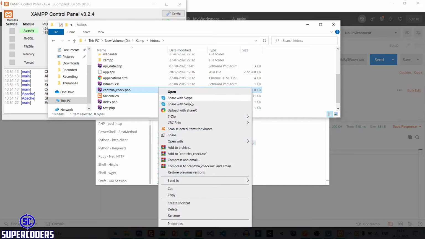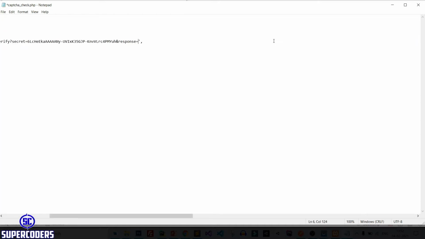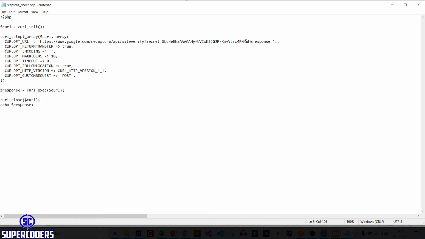So right click, open with notepad, paste your code and after that security is perfect but response coming from our app, so remove it and here dot $_REQUEST captcha.